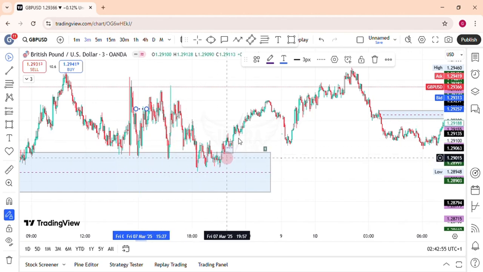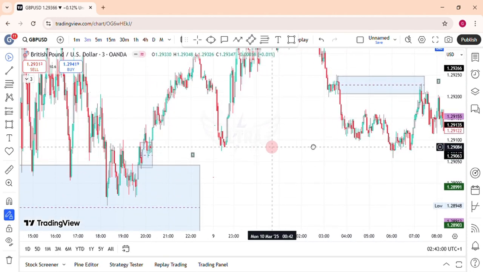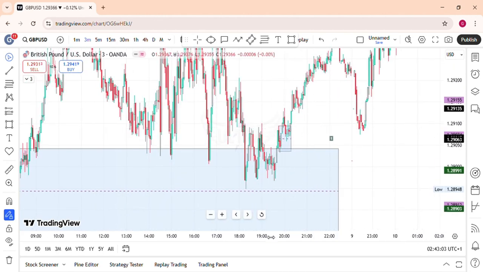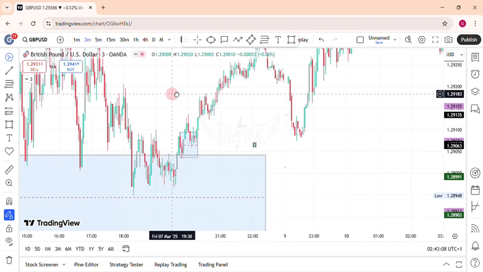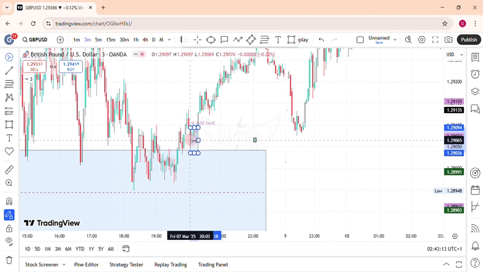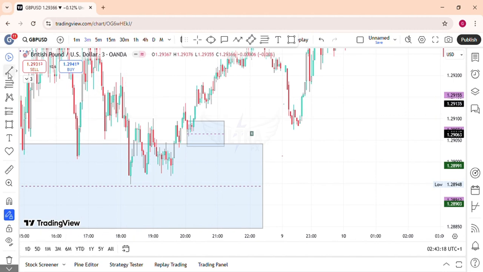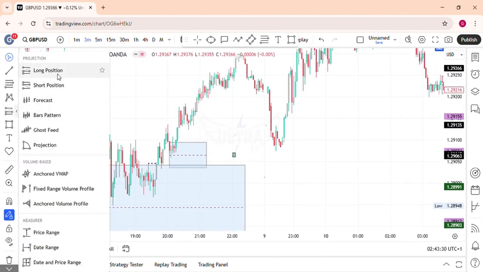So we need to wait for a very good setup before we can enter a bullish trade. So now we have a tap here and we have a fair value gap here. Fine, since we have a fair value gap here, we can say we found our break of market structure right here and our entry here on this fair value gap. So this is how we enter this trade here for a bullish position.